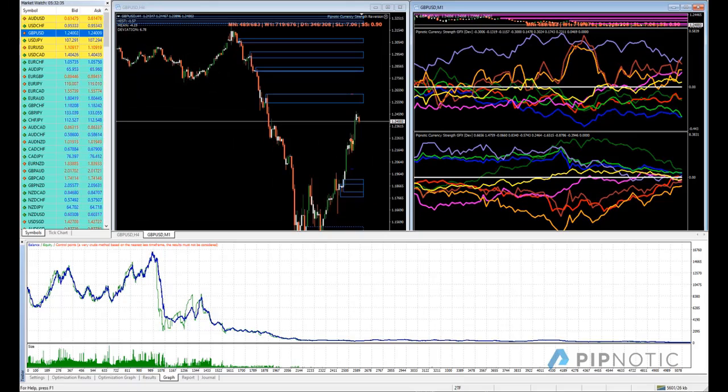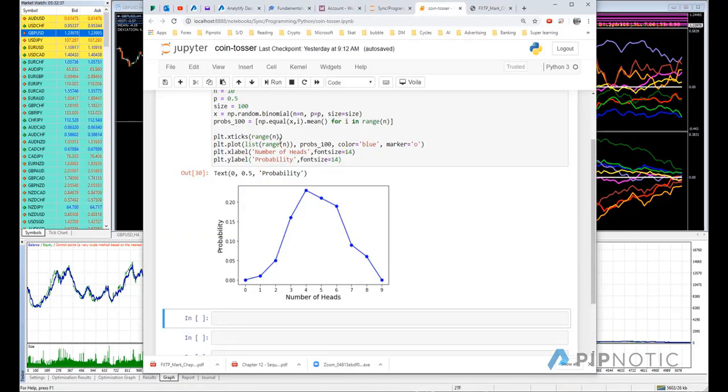Okay, let's have a look at something else here. If we have a look at this, let me just run this once again. So here we have a coin flip, with probability and number of heads. Here we have a very equal distribution in the number of heads and tails. So it's almost identical. We have a 50% likelihood of it being tails and 50% likelihood of it